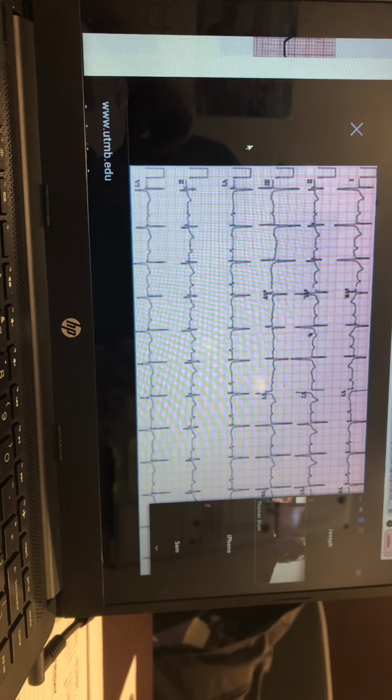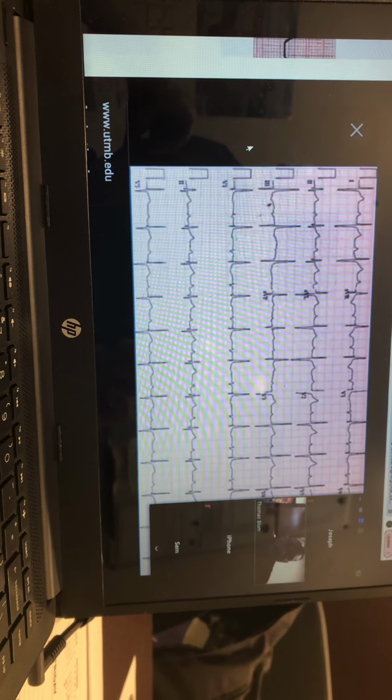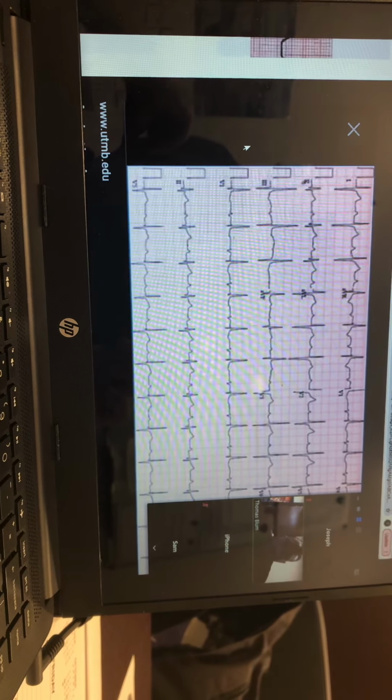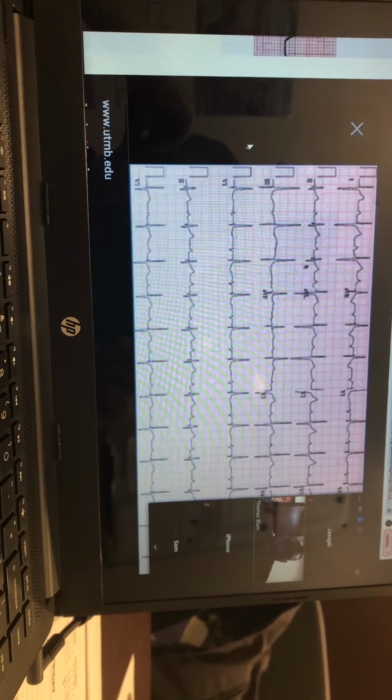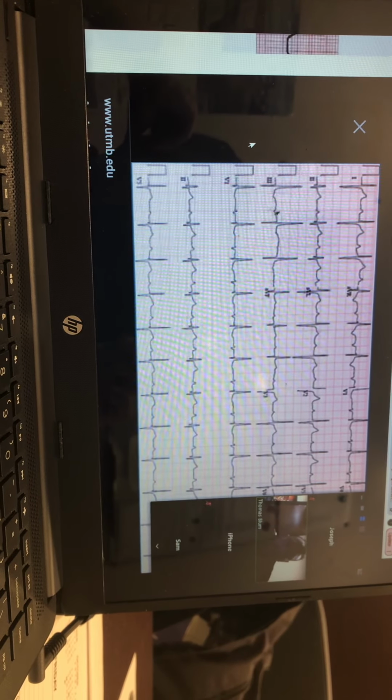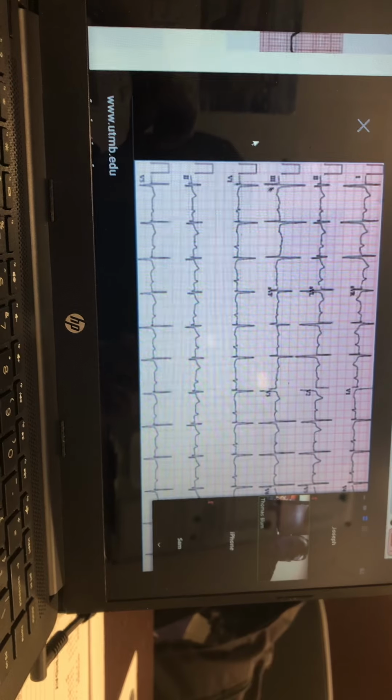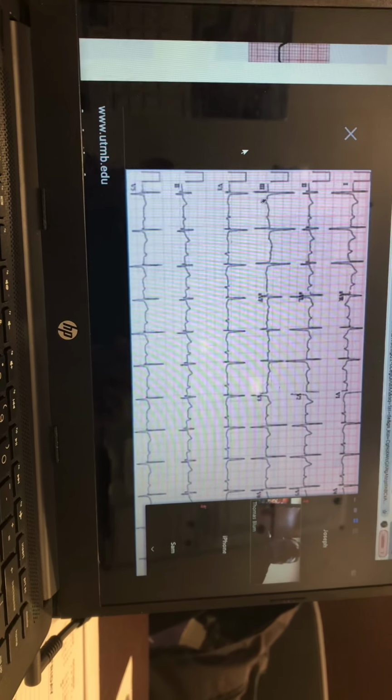I'll go to reciprocal views now. I'll drop down to 2, 3, and AVF. Once again, my J point's right in line. They're not elevated. Now in lead 3, it appears that I possibly may have an inverted T wave,